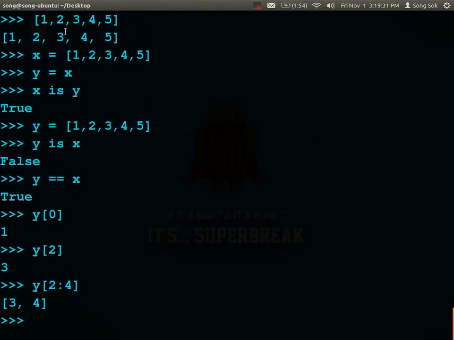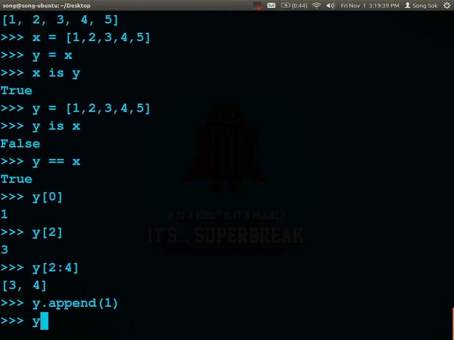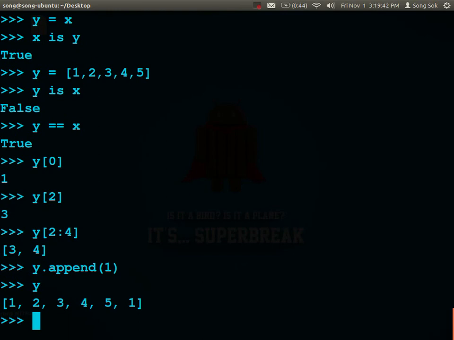Okay. So our list Y, if we want to append an item, let's say we want to append 1. Now if we check what Y is equal to, there's a 1 at the end. Similarly, if we